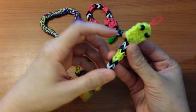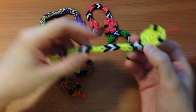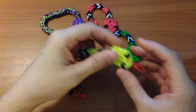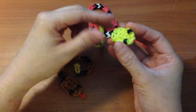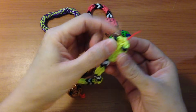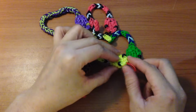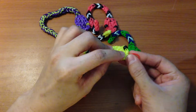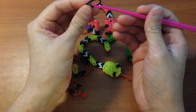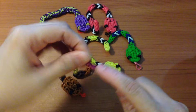And then you will need 16 blacks and 8 whites, and either a red or a pink band for the snake's tongue. You can also use pony beads. This is the smaller version of the pony bead. If you do not own pony beads, you can try to use perler beads, or if you don't have those as well, you can grab a black band for the eye, wrap it around your hook 4 times,